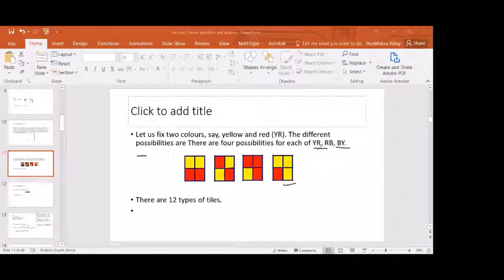So these are the only ways in which you can color if you're using 2 colors, these 2 colors, red and yellow. So for that choice, I've got 4 ways of doing it. Now, if I choose red and blue, then there'll be another 4 for that. And if I choose that,